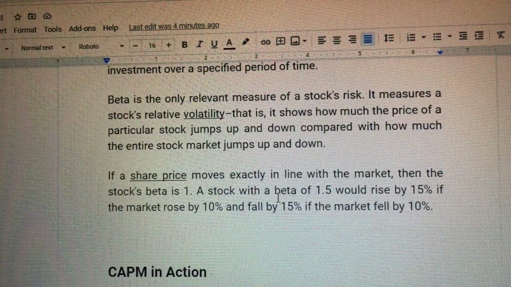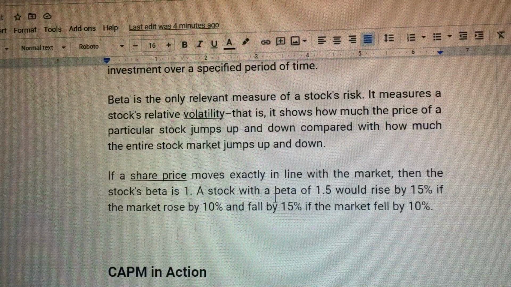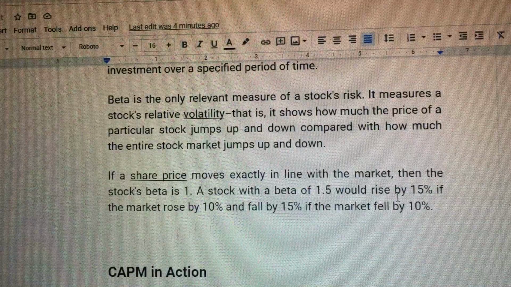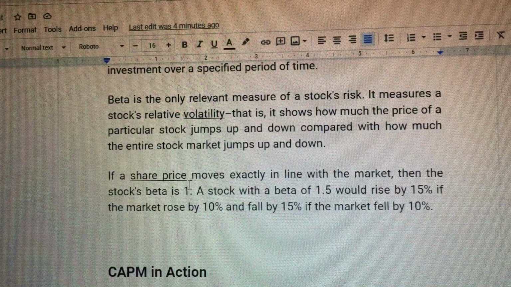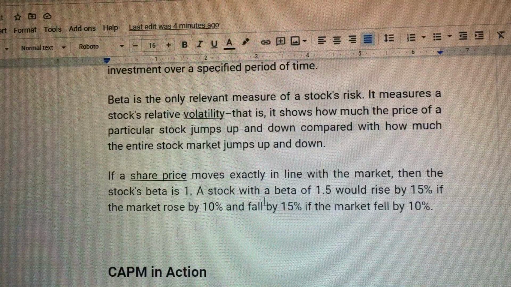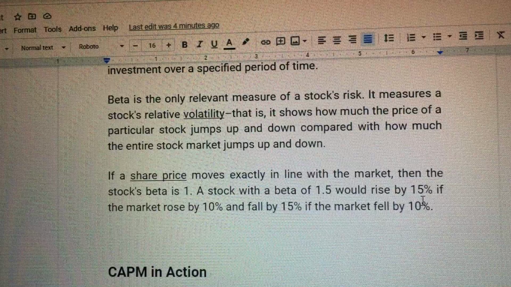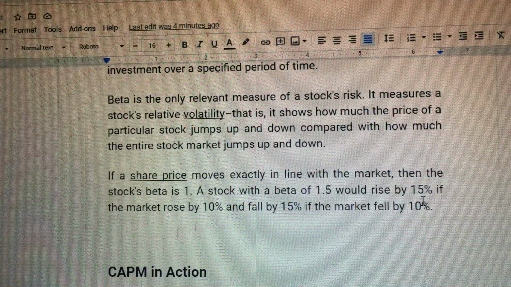Then if ang share price sa stocks move siya exactly in line with the market, then the stock beta is 1. A stock beta of 1.5 would rise by 15%